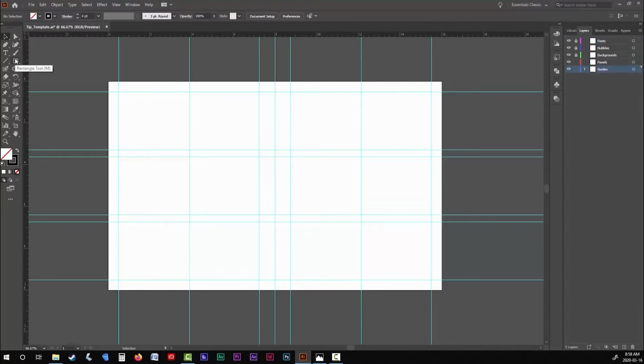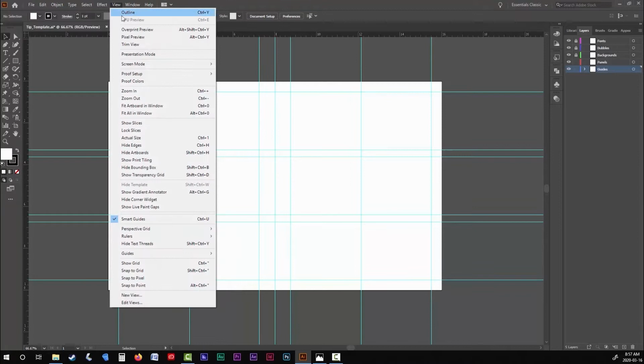To create a basic panel, just select the rectangle tool and then go up to the top of the page and remove the fill and set your stroke color to black, and then set the thickness to about 3 or 4 points. I'm just going to use 4 points for this demonstration. Now it's important that before you get started, you go up to Window in the top menu and make sure that your Smart Guides are turned on. This way, when you're creating your panels, your cursor will snap right to your guidelines.